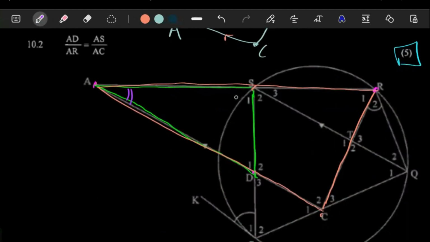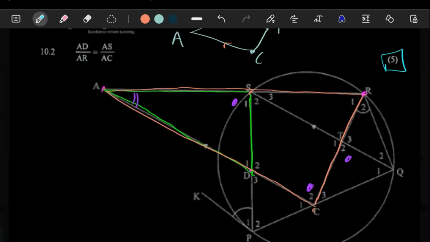We already know that this angle here is equal to that one. Yes, and it is also equal to that one because of alternating angles. So we can prove that those two triangles are similar because we have two sets of angles that are equal to each other. So the two triangles we're dealing with,